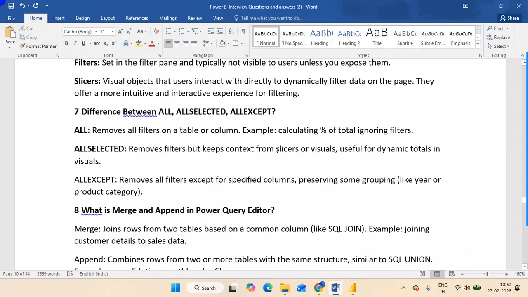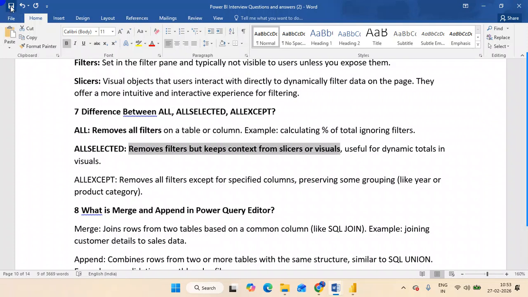Whatever you have selected from the slicer or visual, as I explained in class, it will keep only that, and the remaining things are removed. Remember this point: it removes the filters but keeps the context from the slicer.